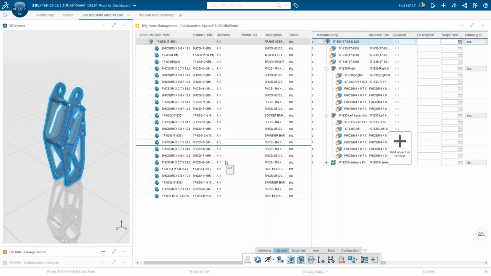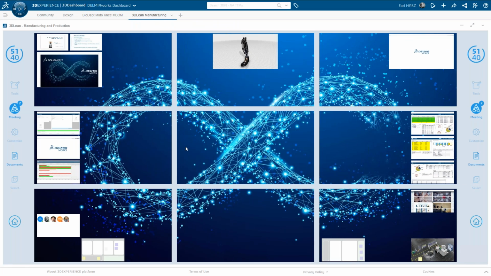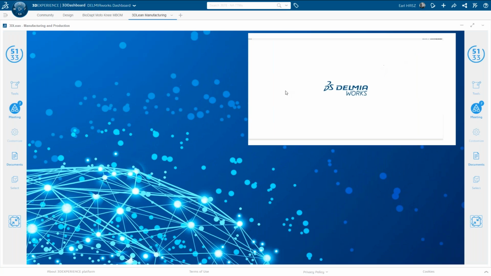Now, if I ever have a change to this assembly tree, as the production engineer, I'll get a notification that I need to update my tree accordingly, courtesy of the 3D Experience platform. So this is great. This puts me in a position now that I can go ahead and send this off to DELMIAworks and my production tools over here. And we'll switch gears here to go from working in the 3D Experience platform specifically to